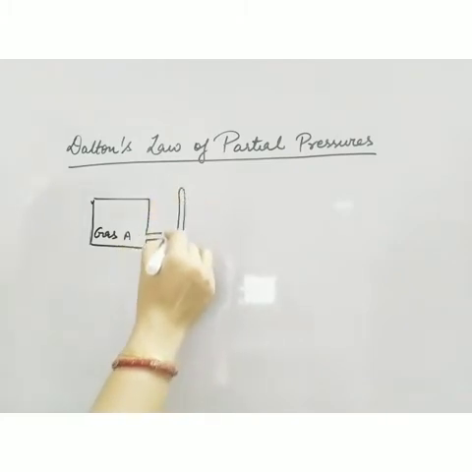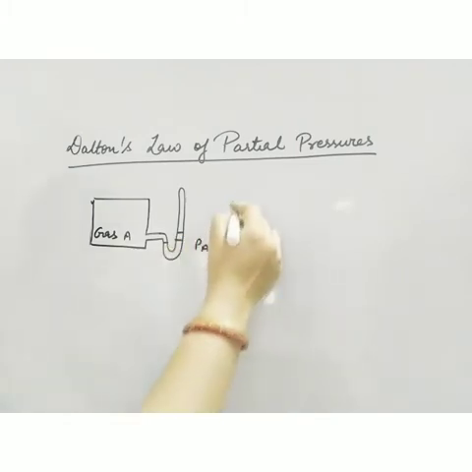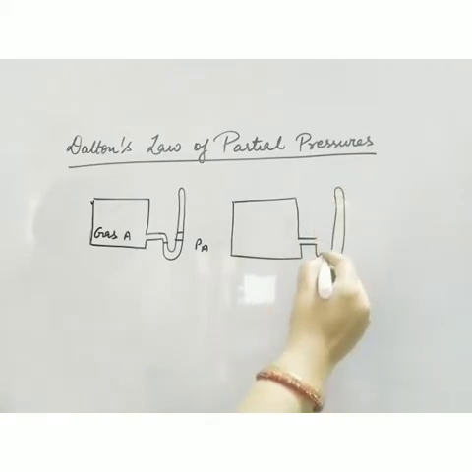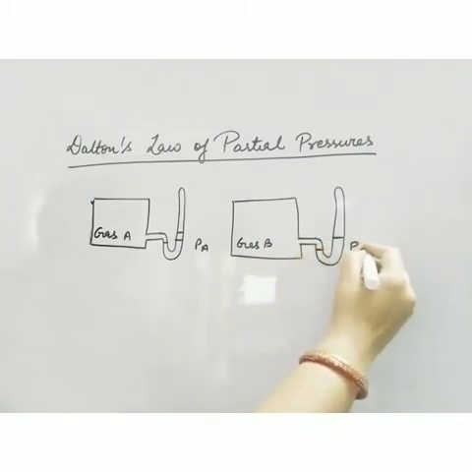We have to discuss. Now suppose there is a container which is filled with a gas, and suppose this is gas A. Now I will attach a manometer with this container, and you know the meaning of manometer, it can measure gas pressure. So whatever reading is there in the manometer, that will be the pressure of the gas. Suppose PA, this we can calculate. Suppose there is another container which is filled with another gas, that is gas B. Manometer is attached, we can calculate PB.